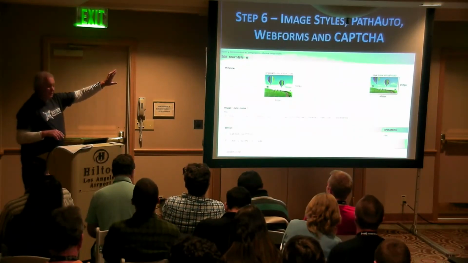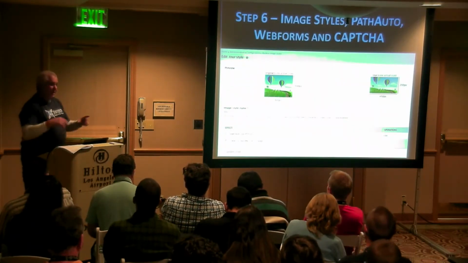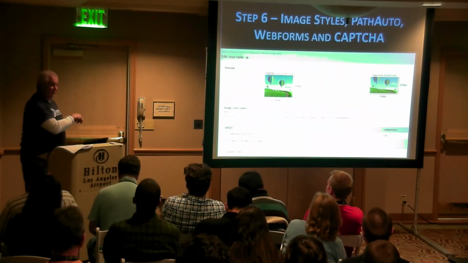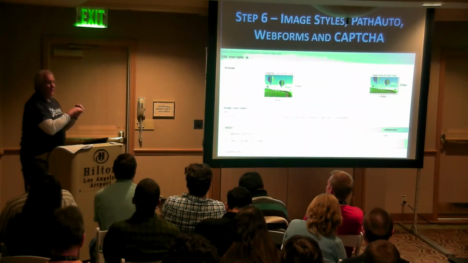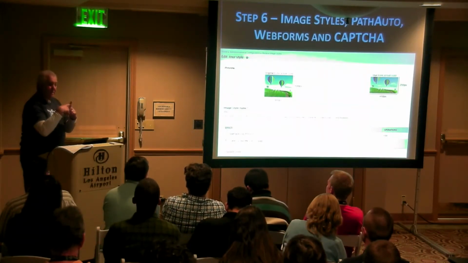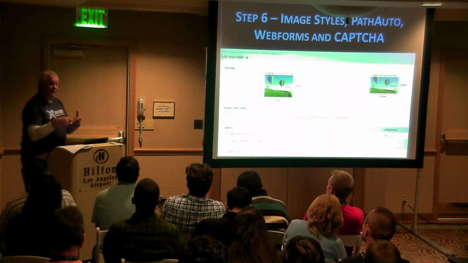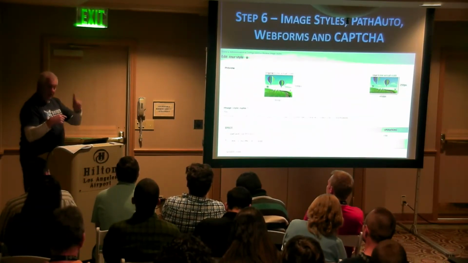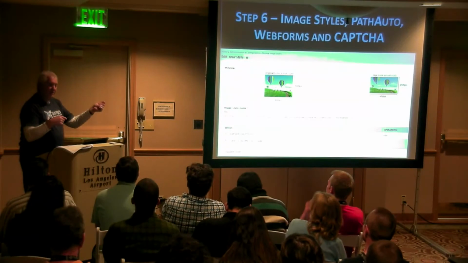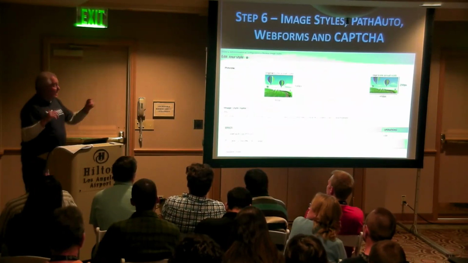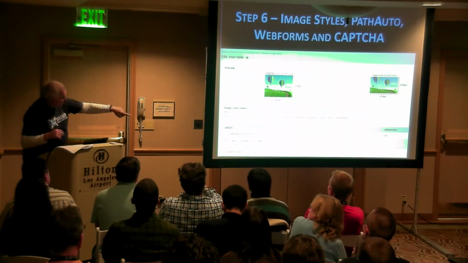It basically lets you set up image styles to be used in different areas from the same original picture. So the original picture is still there, and it will resize the pictures and make them web friendly for you automatically, and only do it on the fly as needed. The one person who asks for it the first time is the person that pays the price of the conversion. After that, they're cached, and they keep coming up. And if I want to go in and change my image styles,